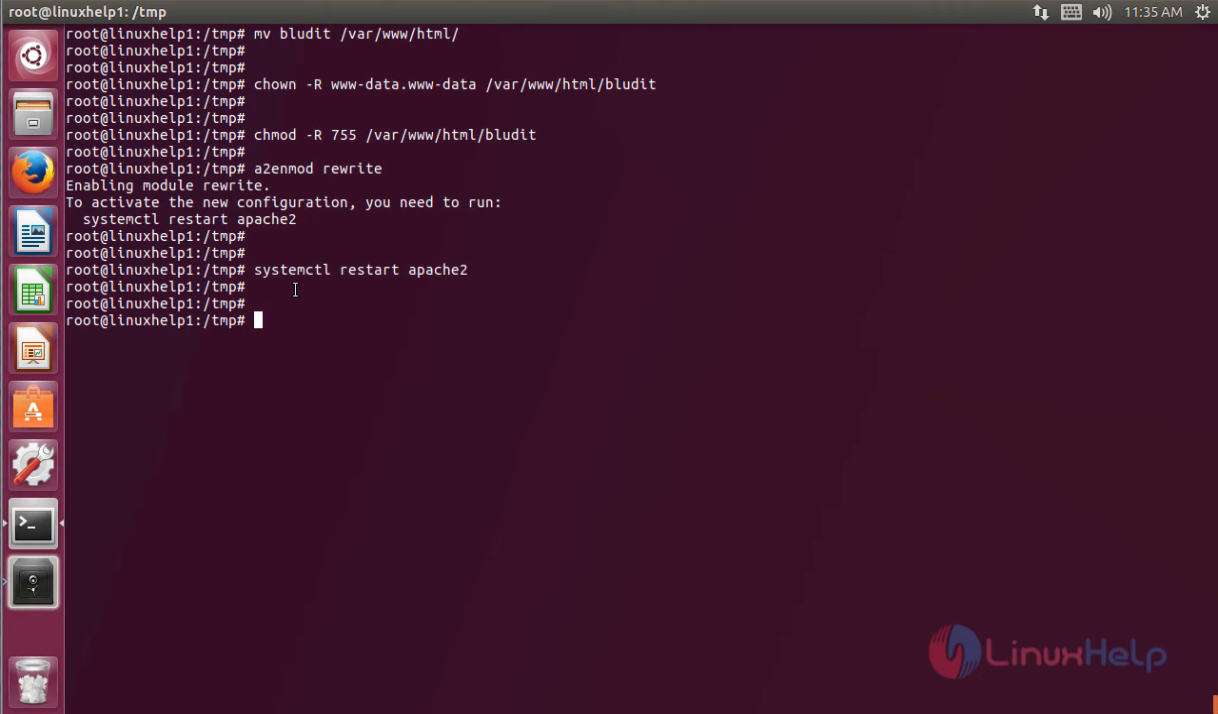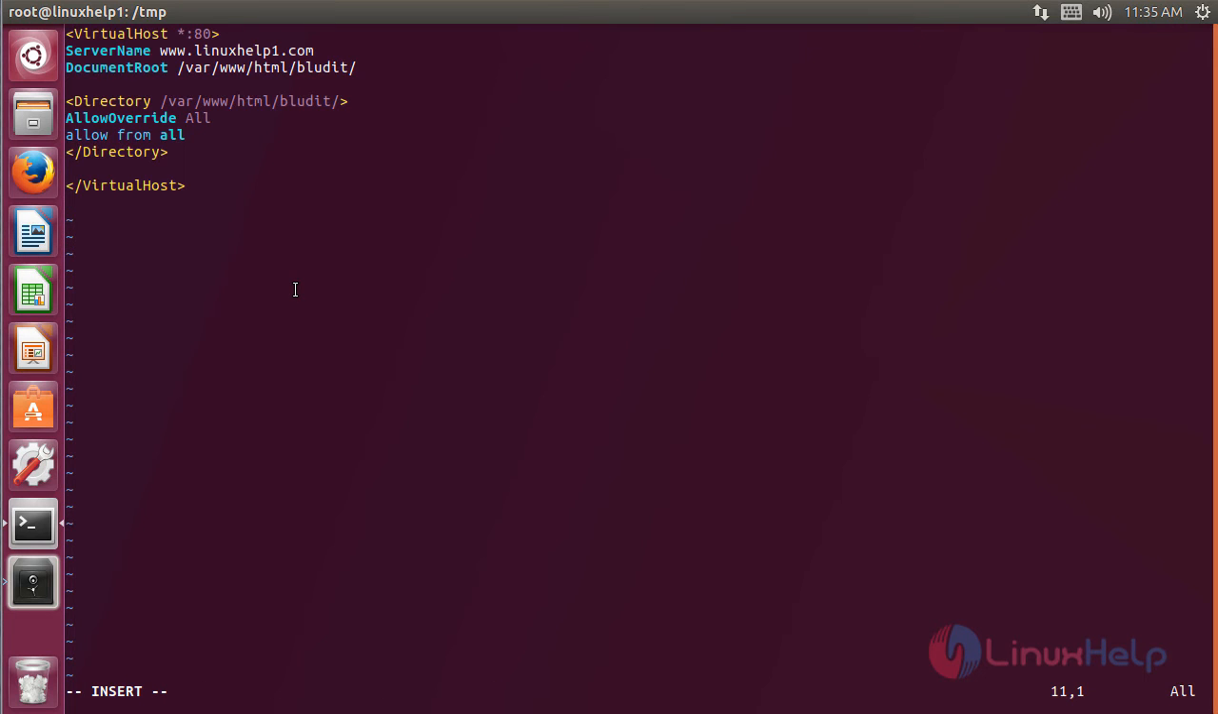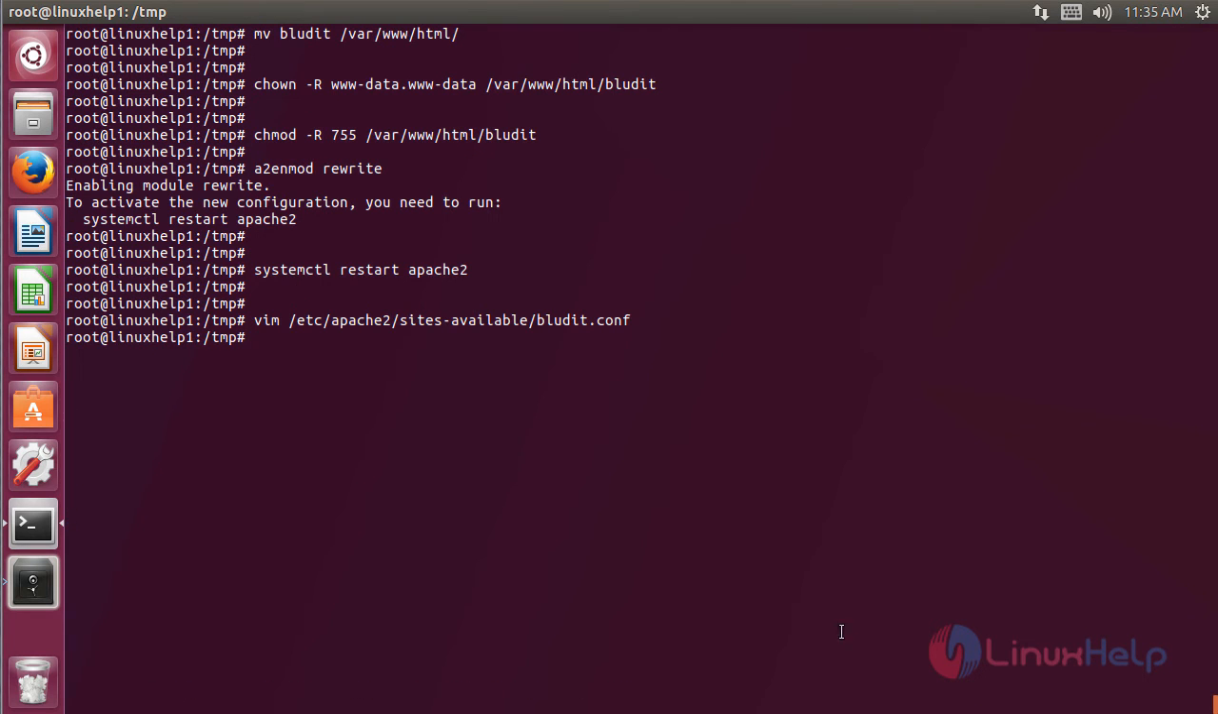Now we have to create a new virtual host configuration for accessing the Bludit CMS application. And then here we can choose a file name, then hit enter. The file is open now, and then here we can proceed with configuring the virtual host. After configuring, we have to save and exit from this file. Then we have to run the following command to enable the site access for the newly created Bludit virtual host configuration using the